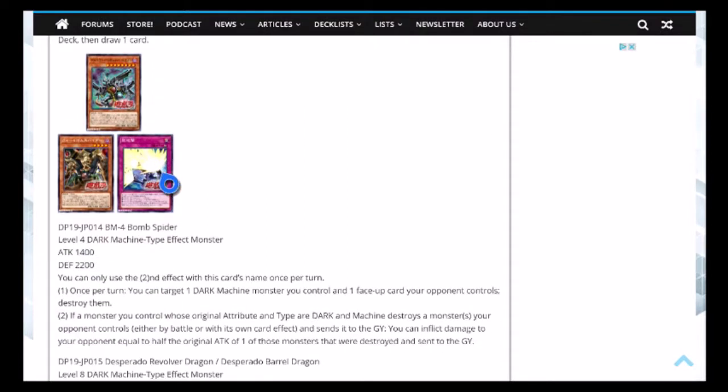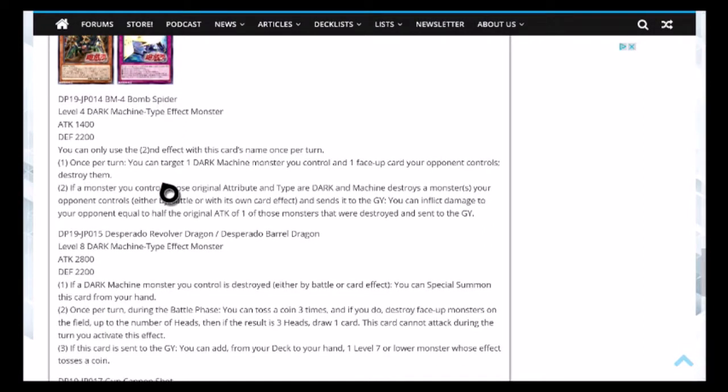Now we're gonna get into Bandit Keith's cards. So we have BM4 Bomb Spider, level 4 Dark Machine type effect monster, attack 1400, defense 2200. You can only use the second effect with this card's name once per turn. Once per turn, you can target one Dark Machine monster you control and one face-up card your opponent controls, destroy